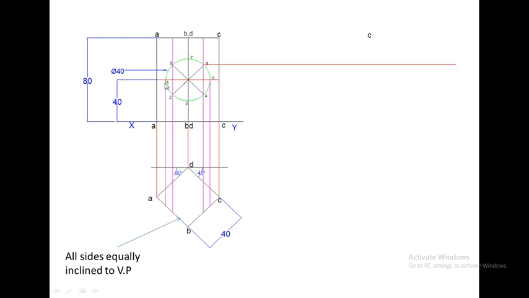Now we will mark the edges in the top view. As you can see, point 1 is projected in the top view. It cuts the sides AD and AB both. AD is cut at this point, whereas AB is being cut at this point. Similarly, the imaginary vertical edge passing through points 8 and 2 is cut by the square at 2 points. First point lying on AD and second point lying on AB.